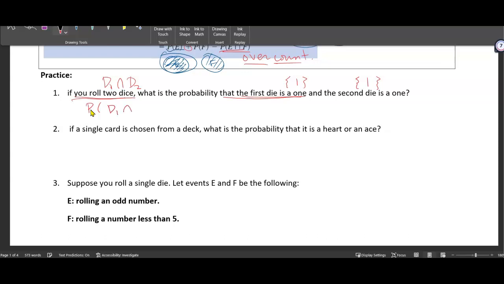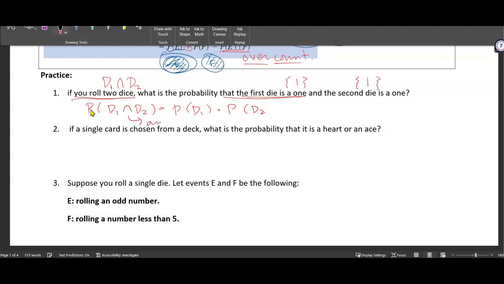So this is in terms of the mathematical notation, that's what they are asking. First one being a 1 and the second die being a 1, right? And so then it's the probability of the first die being a 1 times the probability of the second die being a 1